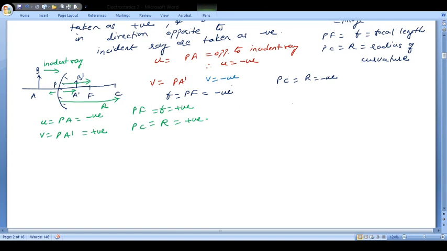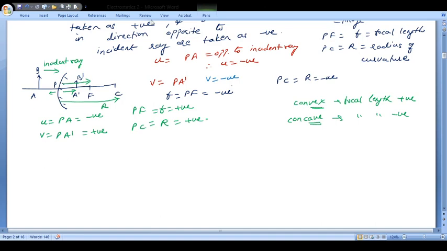Students, just one way: wherever the word 'vex' comes, so convex, the focal length is positive, and wherever the word 'cave' comes, concave, here the focal length is going to be negative. So it's just a hint for you to remember. Later on you will be studying about the lenses, so if I say concave lens, will it have a positive or negative focal length? Immediately you can say the word cave is there, so negative. If I say convex mirror, positive; concave mirror, focal length negative. This is only for focal length. So it is an easy way to remember. I hope this part is clear to you.